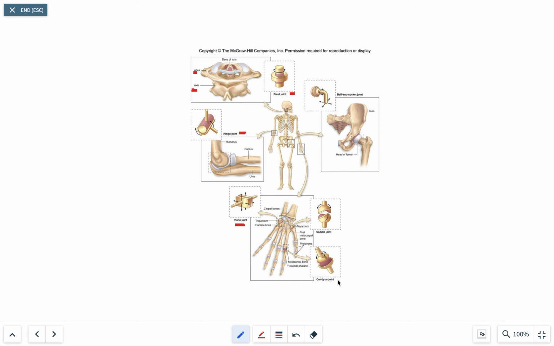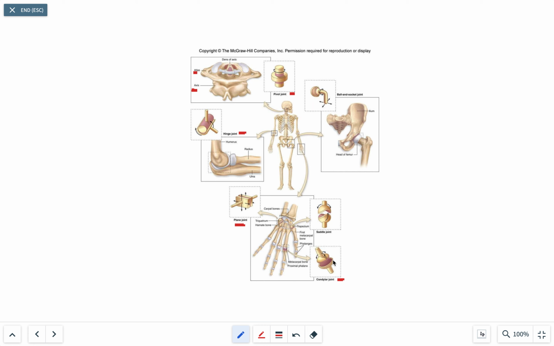The next joint will come down here to the metacarpal bone, which intersects with the proximal phalanx. And this condylar joint has an angular motion which occurs in two planes, and it occurs along the length of the oval. So here we can see, for instance in the proximal phalanx, that we have